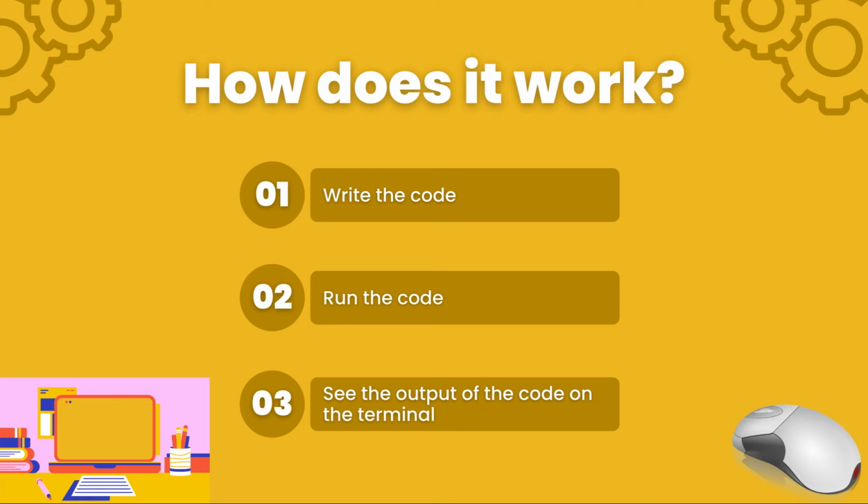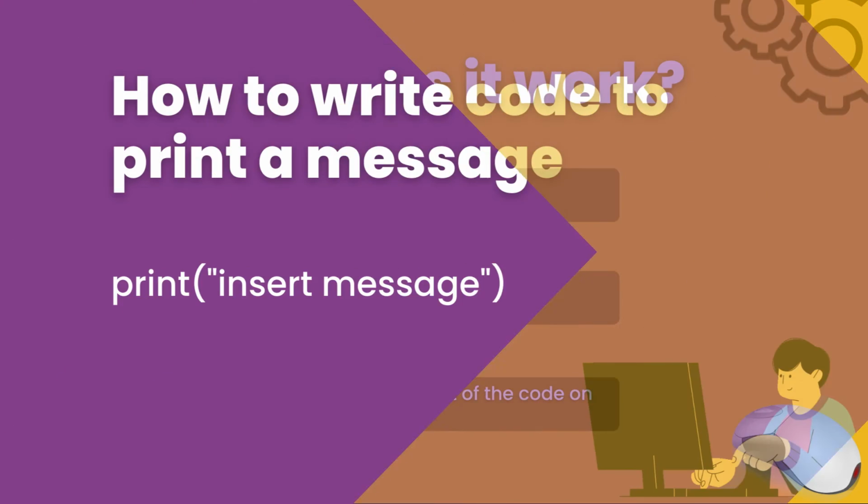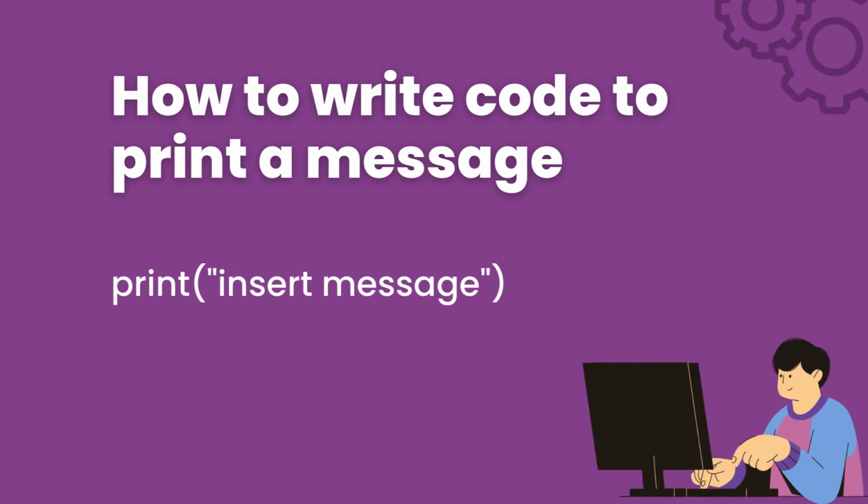the output of that code, if there is any, will be displayed onto the terminal. When you want to print any text or message, or in other words, you want any text outputted onto the terminal, this is the format that you will always follow. Print, open brackets, open quotation marks, and in the quotation marks, you will insert the message you want displayed onto